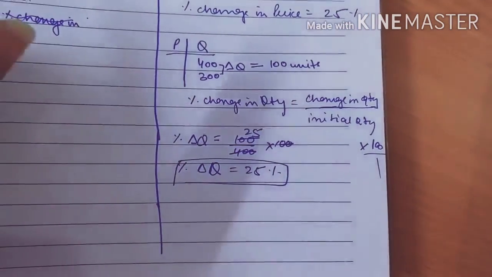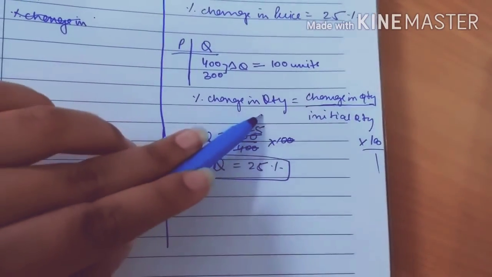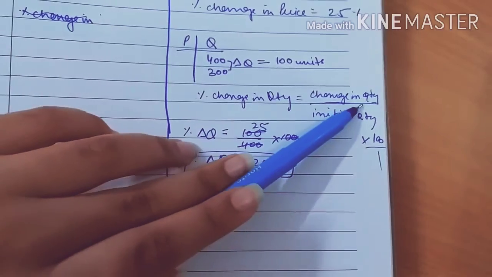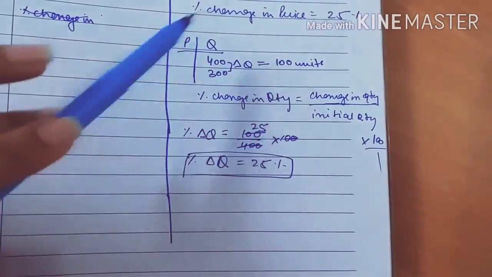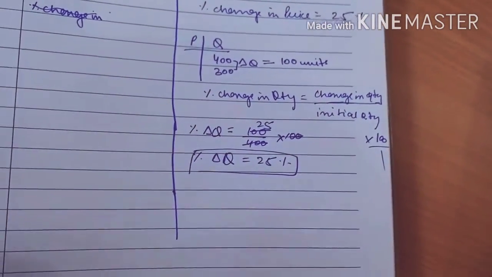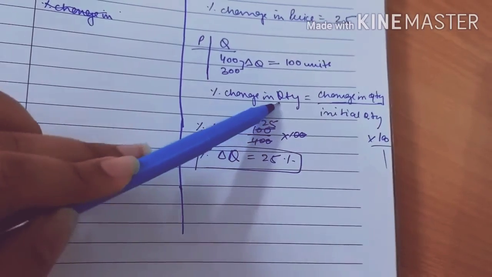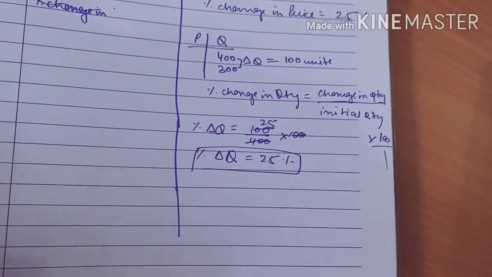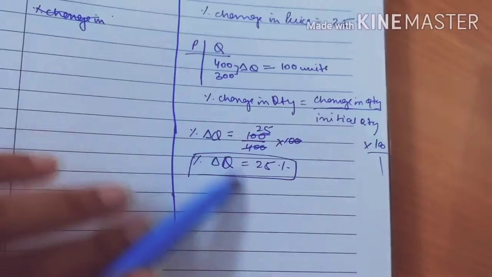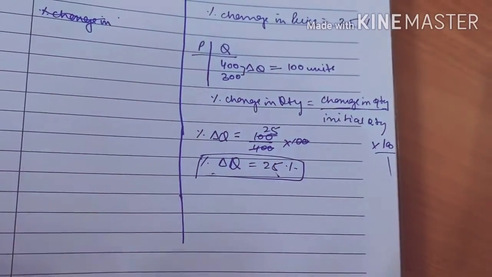Now we have to apply the formula that we have written earlier in the beginning for percentage change in quantity. So percentage change in quantity is change in quantity, delta Q, that is 100, upon initial quantity, that is 400. And one more addition to this formula is that we have to multiply by 100 as well. So delta Q is change in quantity upon initial quantity into 100. This is how we have to do it, and we get percentage change in quantity as 25%. So ED will be,